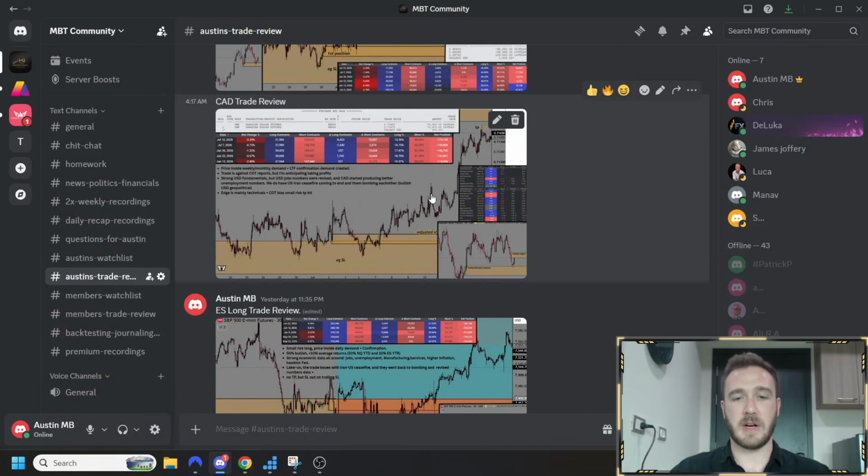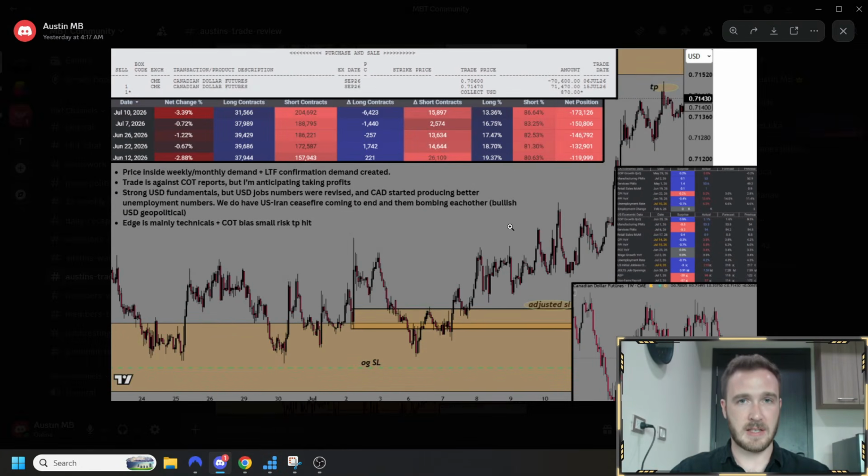After 13 years of trading, this is how I document my trades. I don't use any paid software or anything like that. Everything that I need to know is here in this photo. And I'm going to show you today how to build your own trading journal in order to improve your